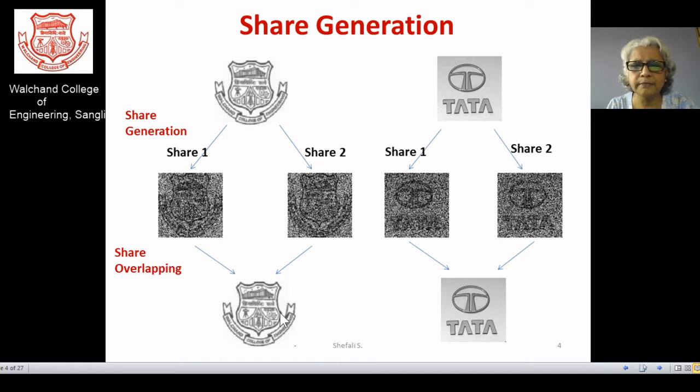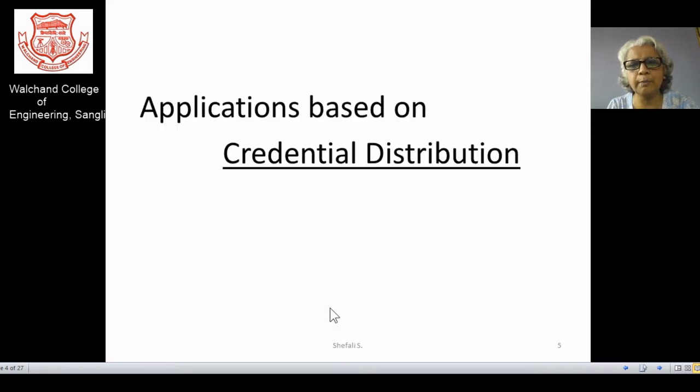Then you can utilize this. So I would like to give you one hint or idea: once this particular logo is divided into shares, the individual share can be treated as a key, or rather a sub key. So if the sub key is there, one key can be handed over to one client, the other key can be handed over to the other client, and when both the parties are overlapping these, that means equally agreeing upon this, then only can we say that there is satisfaction, and so we can proceed further.